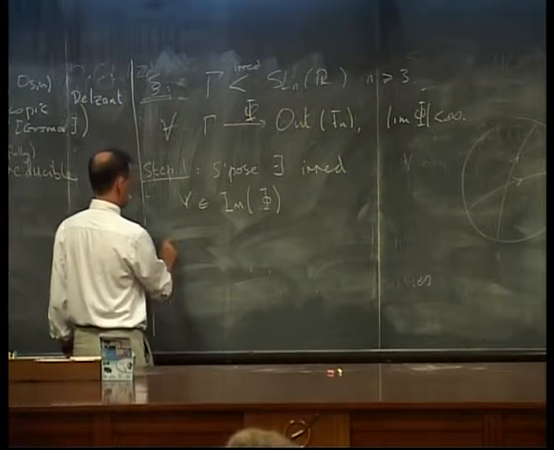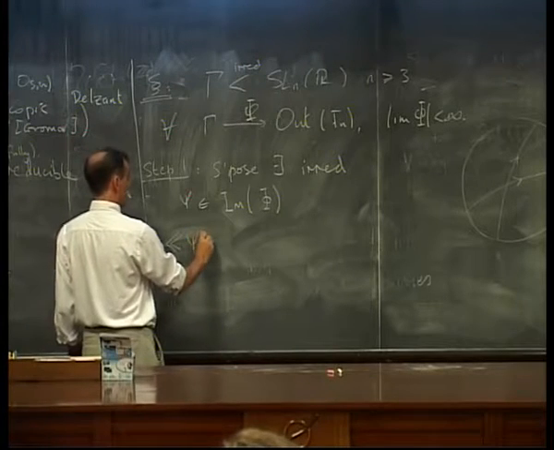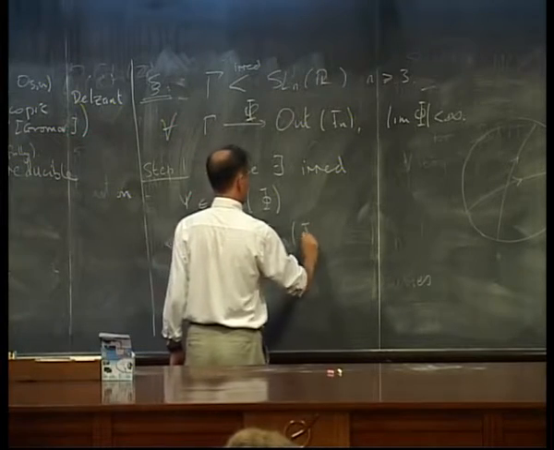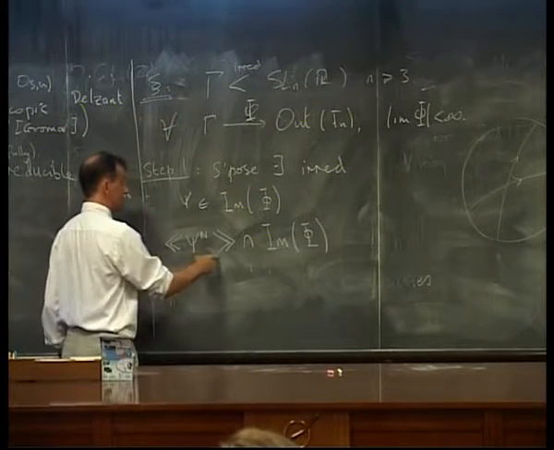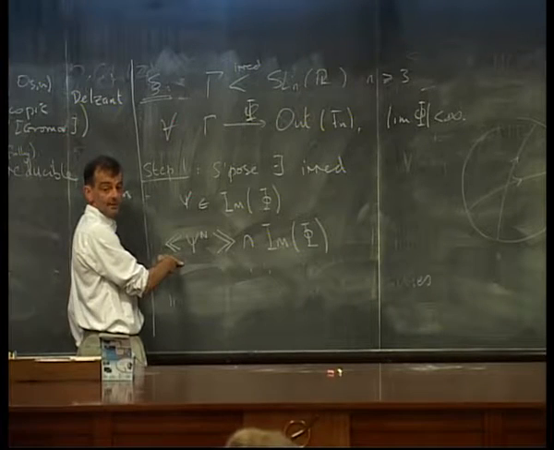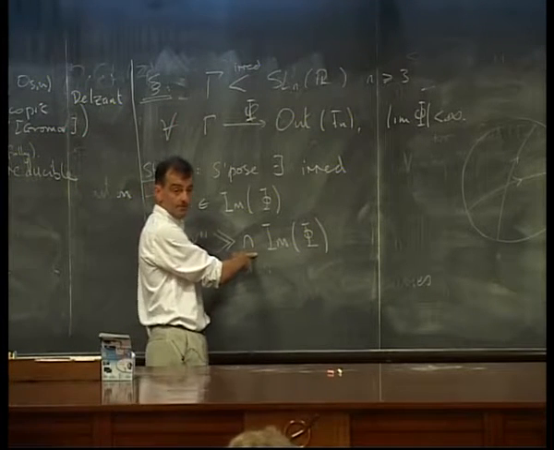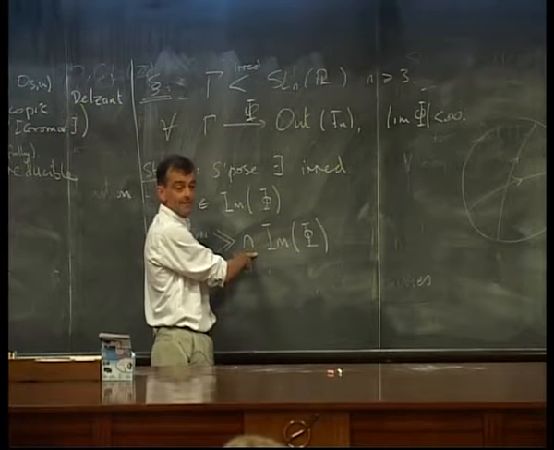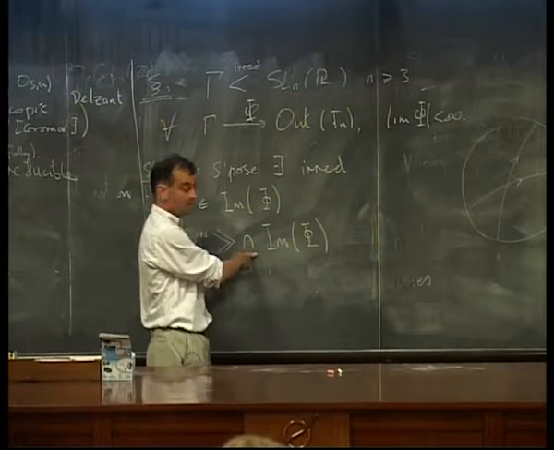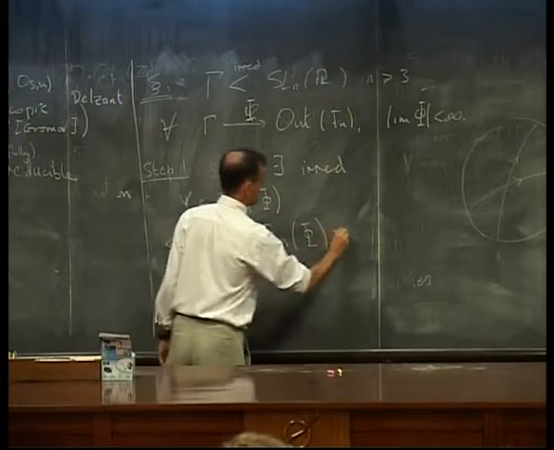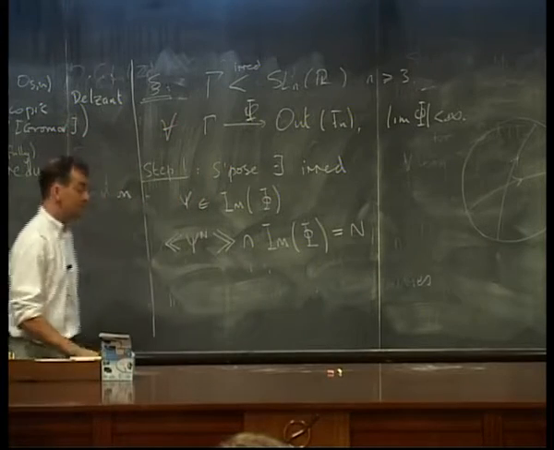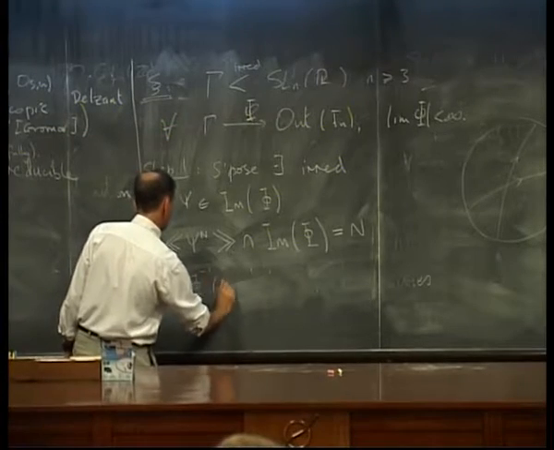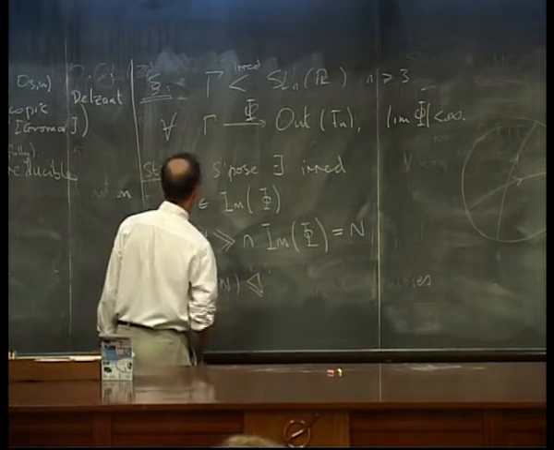Because then you see the normal closure of this thing intersect the image of phi. What's that? Well, that's a free normal subgroup in the whole of Out(Fn). I've intersected it with this image. Now I don't get the whole thing, but it's still normal and it's still free. A subgroup of a free group is free. So this is a normal free subgroup in the image of phi. So if I pull it back, phi inverse of N is a normal subgroup in gamma.